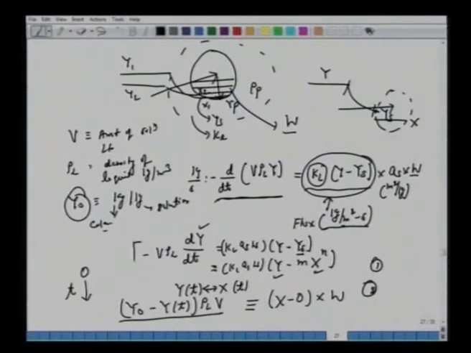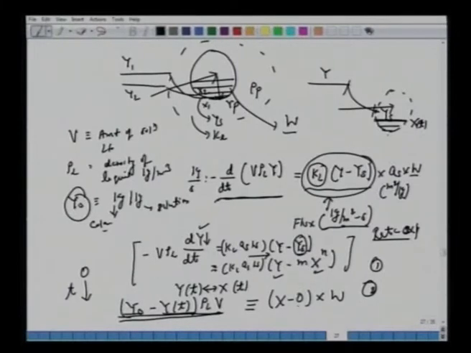Alright, so these are the rate expressions. In 1 second, at any time, what is the rate at which this wastewater concentration decreases? Why does it decrease? Because there is a transfer flux, and we are saying that at the solid surface the two phases are in equilibrium, so Y is equal to M X to the power N. But what is X? X starts from 0, and at any time this X is a solid phase concentration. How has this concentration increased from 0 to this? Well, over a time from 0 to t, the concentration has come down from the initial value Y0 to Yt at any time. You make this balance.